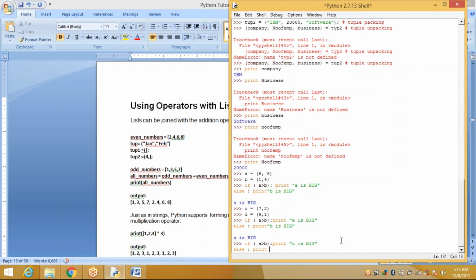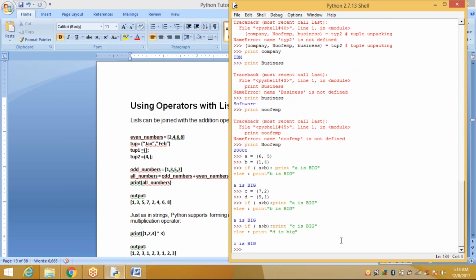Print. You have to change the if parameters to C and D. D is big.